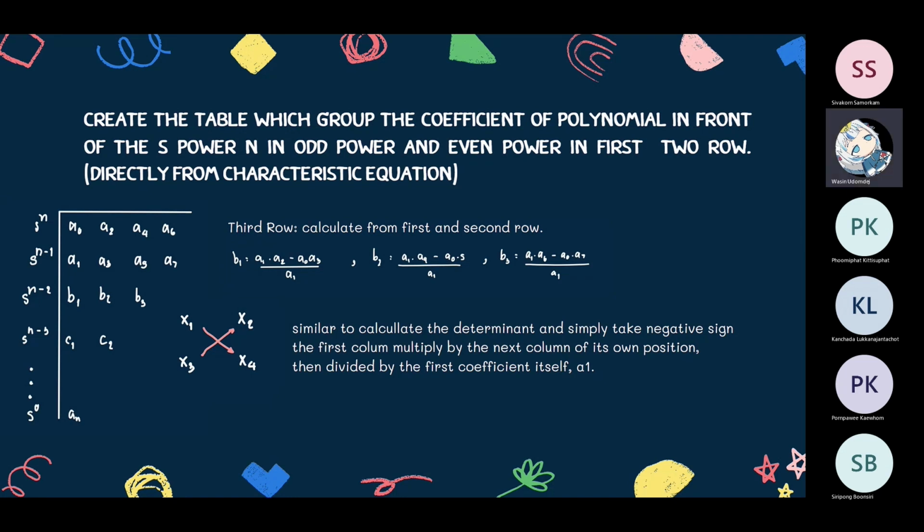Create the table which groups the coefficients of the polynomial, in front of the s to the power n, in odd power and even power directly from the characteristic equation. Third row, calculate from the first and second row. B1 equals A1 times A2 minus A0 times A3,